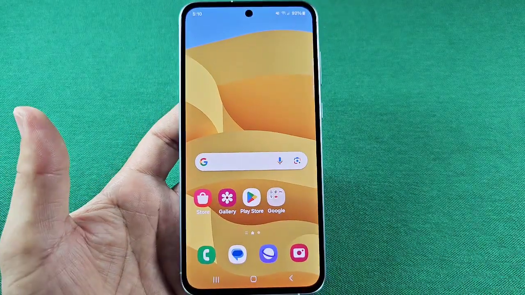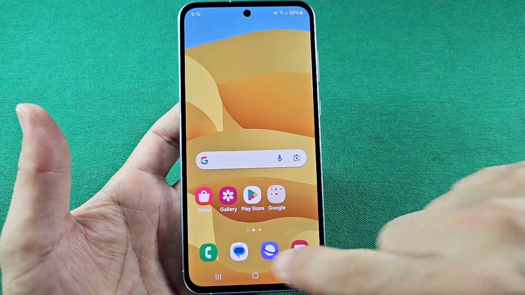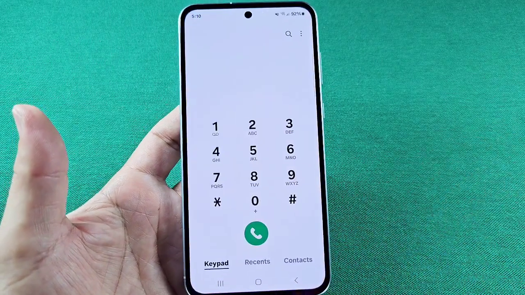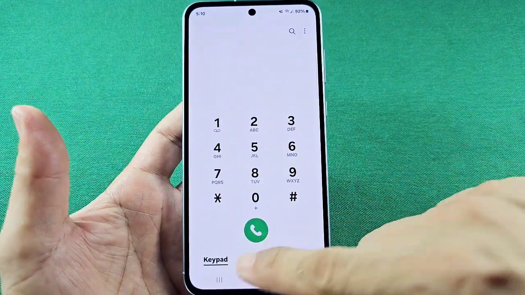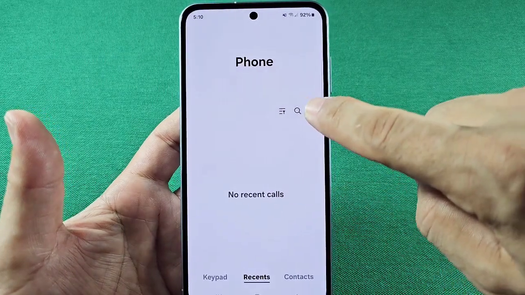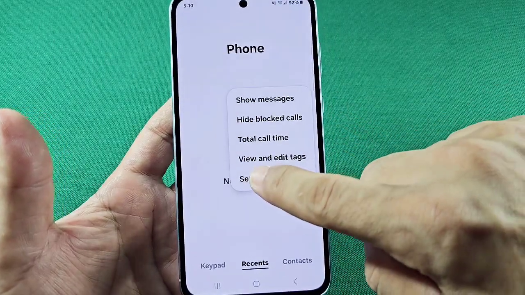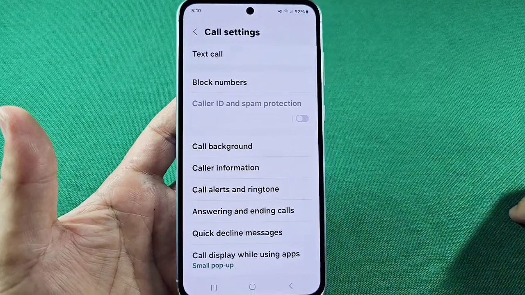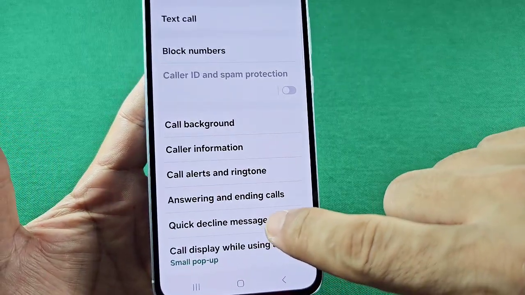In order to do this, you'll need to be using the default Samsung Dialer app, which is this one right here. As you tap on that, you'll be taken to this screen, and whether you're on the keypad, Recents, or any of the other sections, you'll look for the three dots here. You'll go to Settings, and once you're in the Settings section, you'll go to where it says Quick Decline Message,